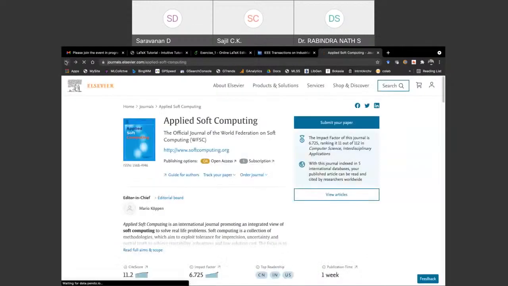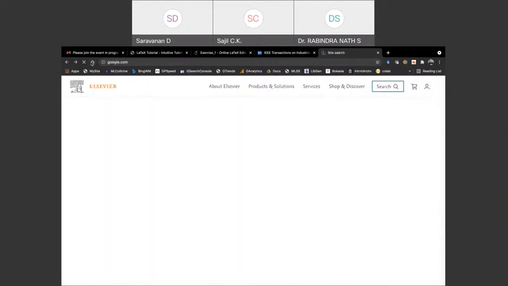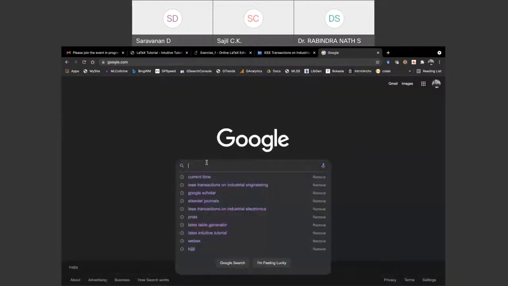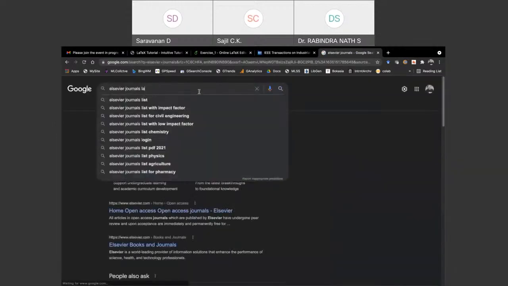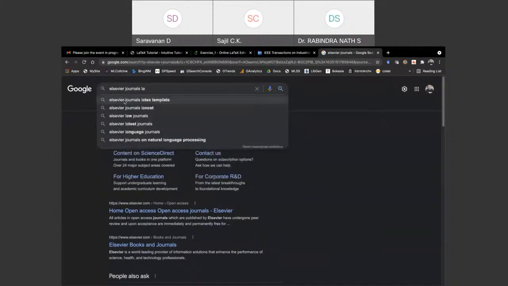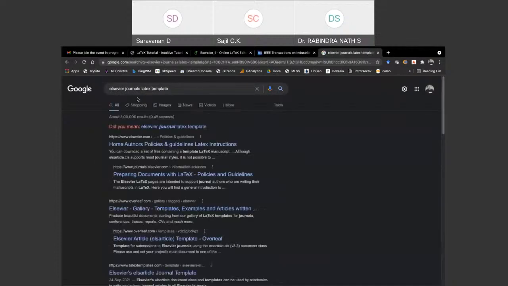You just need to get it from the journal's information. I think I need to log in to get that information, or I can just Google it for the sake of a demonstration. But the proper way is to go to the respective journal and get the template.